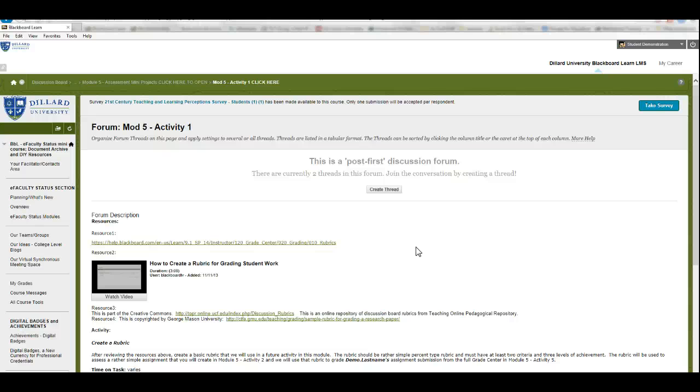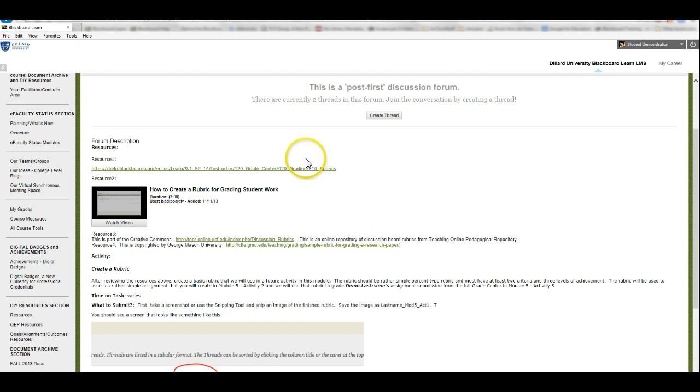And this is another way of me modeling something that's very useful in Blackboard in the discussion forum. So you'll have to create a thread. Before you do that, obviously you need to see what you need to do. I've provided some resources. This resource is a web page that will open in its own window, and it's about how to create rubrics. This is a 3-minute video. I embedded it here using the Mashups tool,